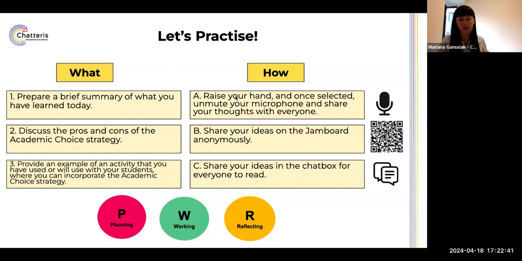And that's a very important point that I also want to raise. When you think about the options, it's important to incorporate options that cater to different strengths and different abilities. You don't want to have options that are very similar to each other, like the ones that I have right now, because for this session, it was quite a difficult task for me to think of options for this activity. But when you work with students, try to think of options, especially the process options, to cater to different strengths